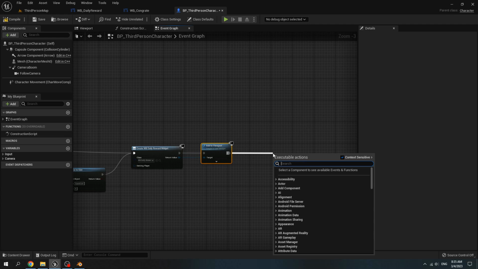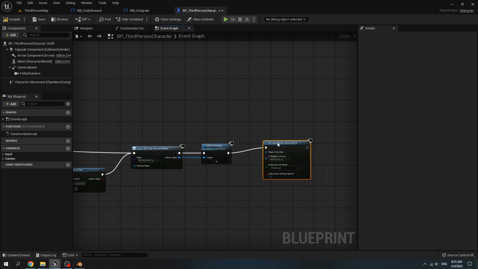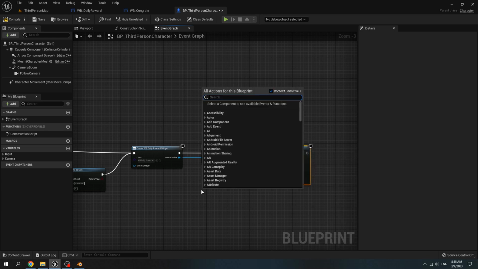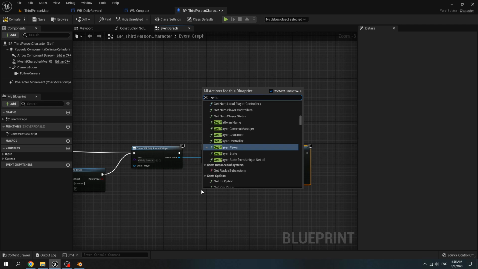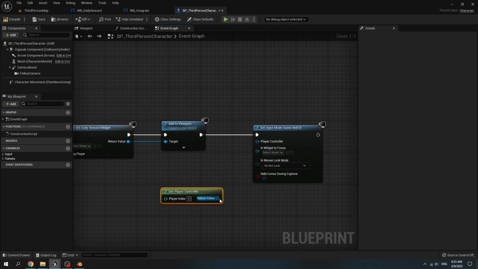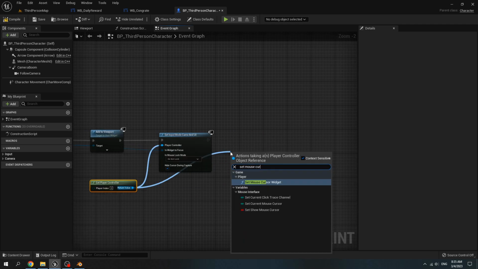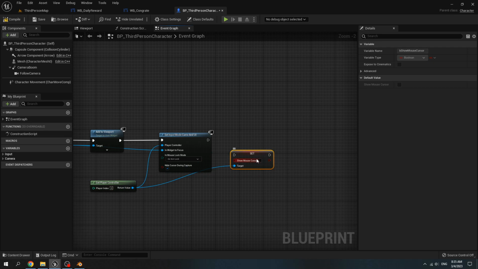Then call set input mode game and UI. Get our player controller. Connect it to player controller. Use our create widget, connect it to in widget to focus. Then call set show mouse cursor. Set it to true.